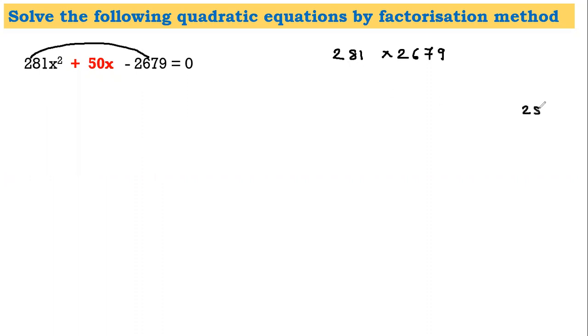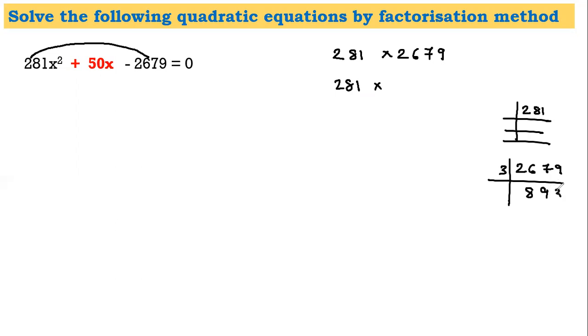Now let us start with 281. You'll spend some time, then you'll realize it doesn't get factorized further. So I'll write as it is. Let us go for 2679. Definitely 3, because if you add it's divisible by 3: 8 3s are 24, 9s are 27, and 3 3s are 9, so 893 is further factorizable, but anyways it's a very big number, so as of now I'll keep it as it is.